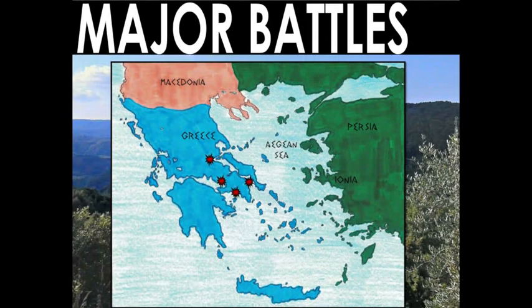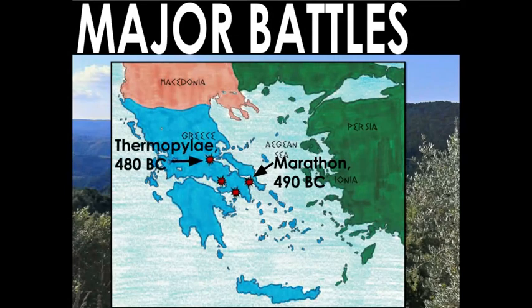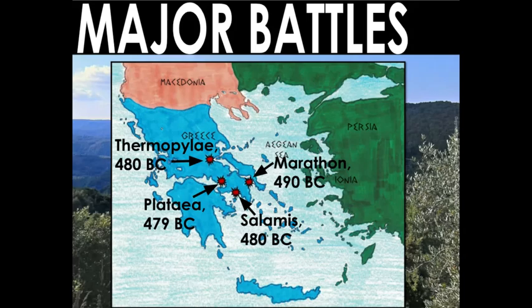Okay, here's a list of some of our major battles around Greece. You see the Peloponnesus there on the bottom, and you see where a lot of the little battle marks are on Attica and the mainland. So this is Marathon, Battle of Marathon in 490 BC. To the east, furthest west and north is Thermopylae, which is in 480 BC. Salamis in 480 BC in the south, and Plataea in 479 BC. Some of our four major battles in this war.